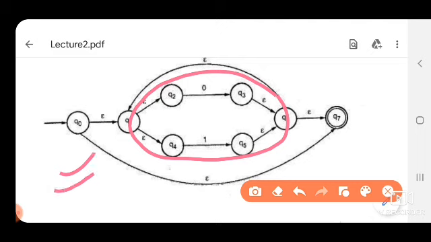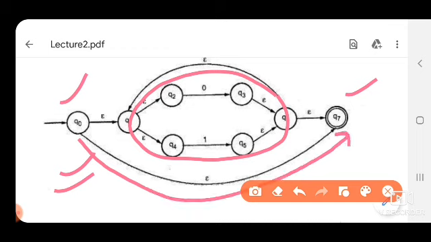We have added two states, initial and final, and one transition from initial to final with null to accept null, and this edge from this state to the initial state with null transition, so that we can repeat any number of times, either 0 or 1.